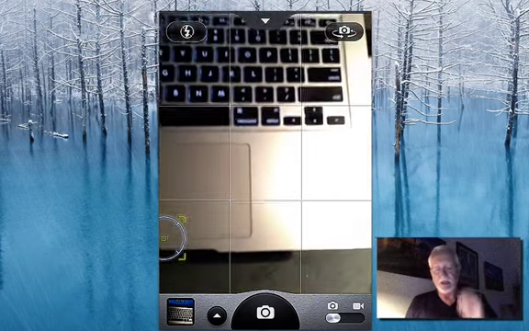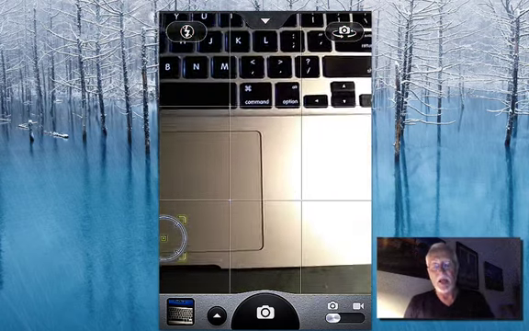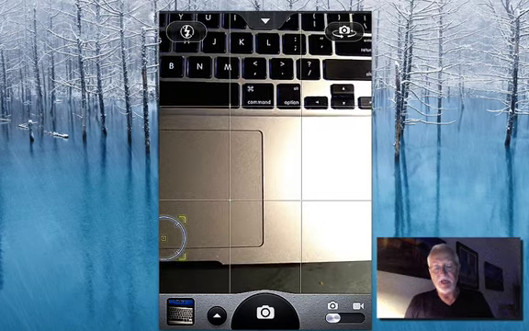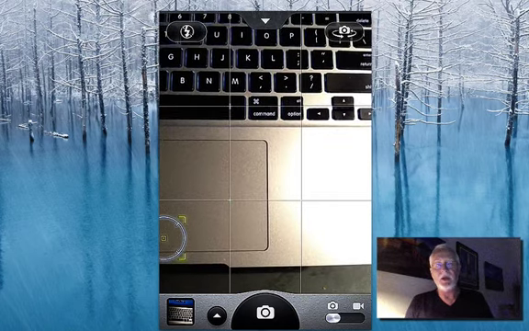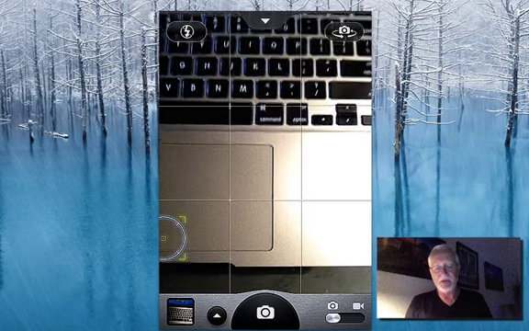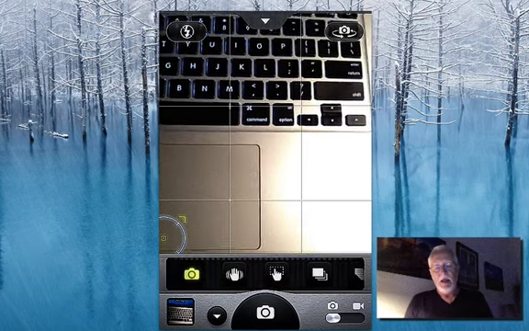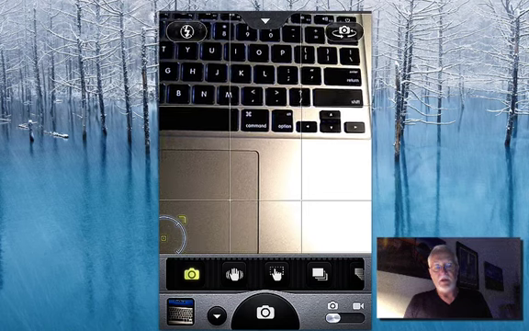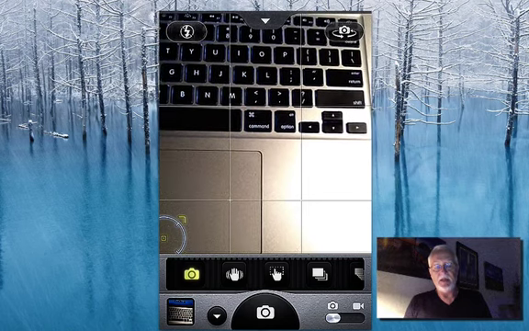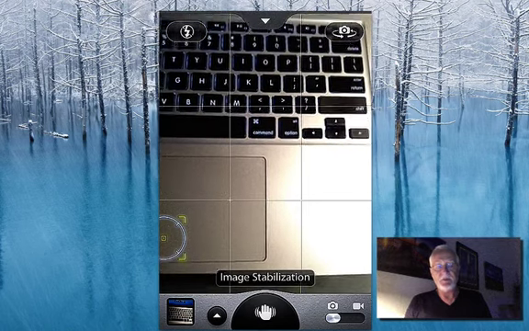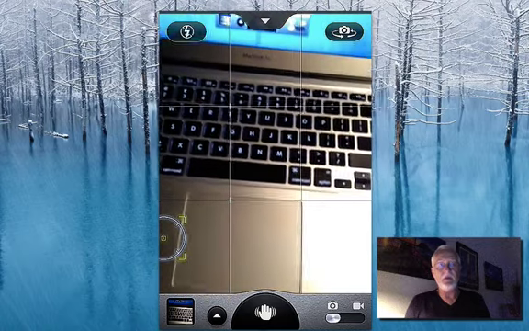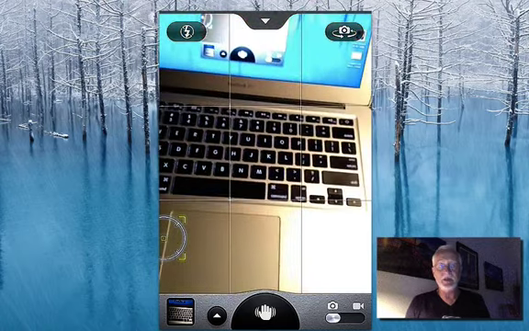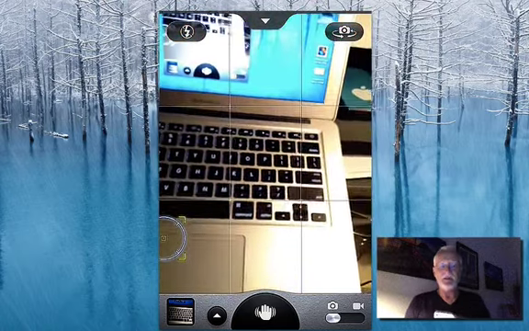Okay, so let's get to the camera here. So Camera Awesome, it has a lot of exposure controls that your regular iPhone camera does not have. Going from left to right here, you have the regular camera, the little shaky hand, that's for image stabilization. So when you hit the button, if your camera is not still, it won't take the picture until you're done shaking. So that's kind of cool for